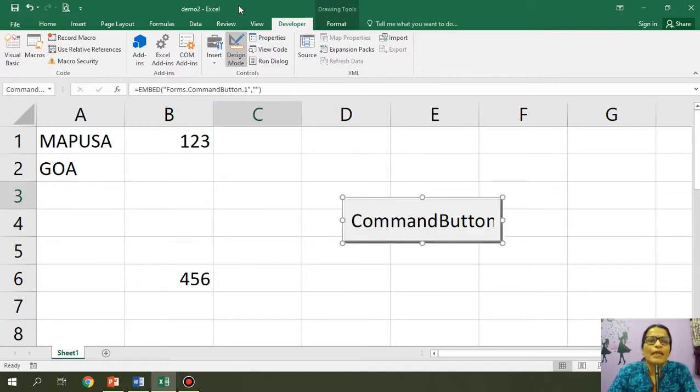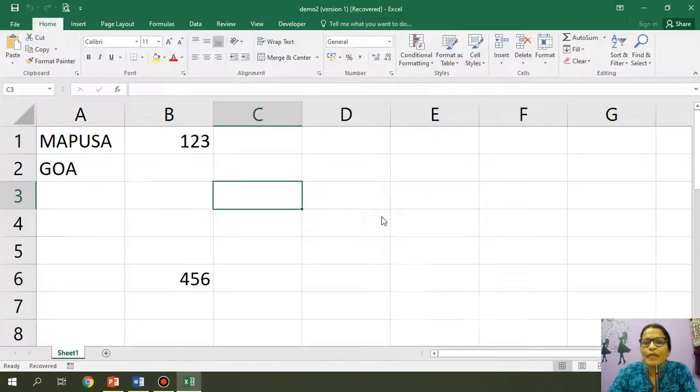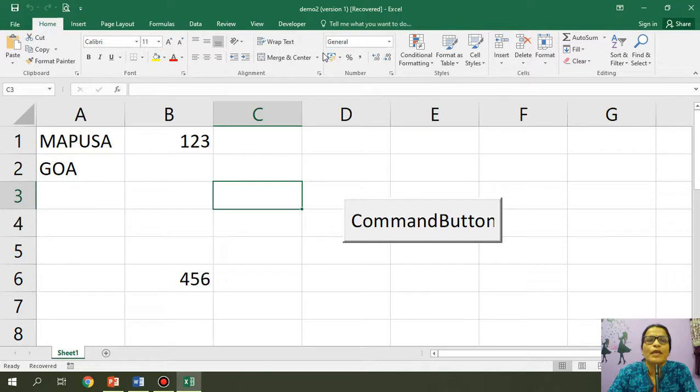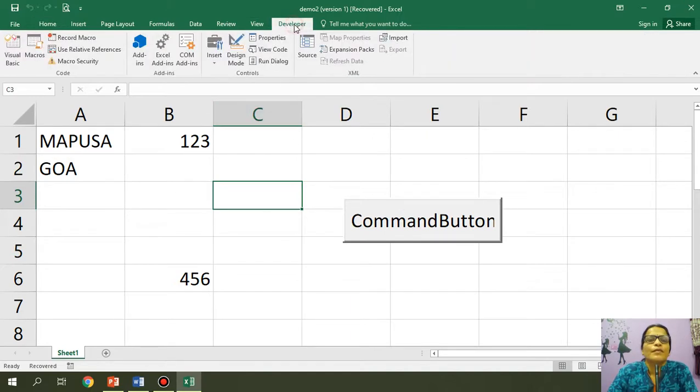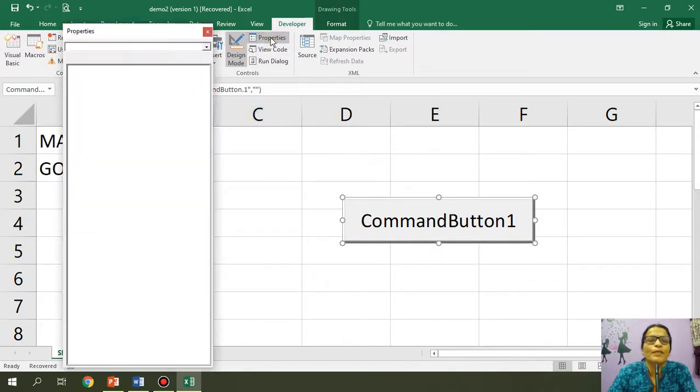And like last time we'll set the properties of this button. When you set the properties, basically what we do is we give the name for that command button and we change the caption. It has directly been inserted, it shows as command button 1, that we need to change in properties.